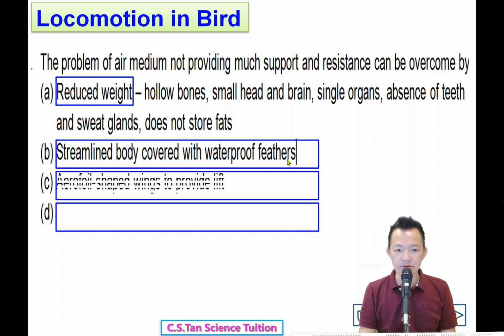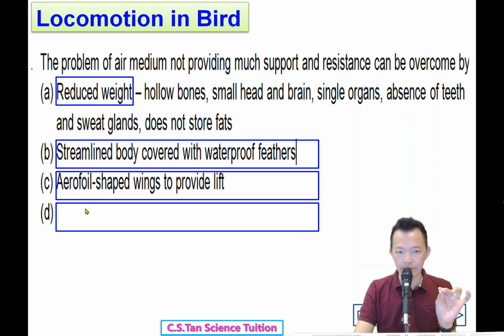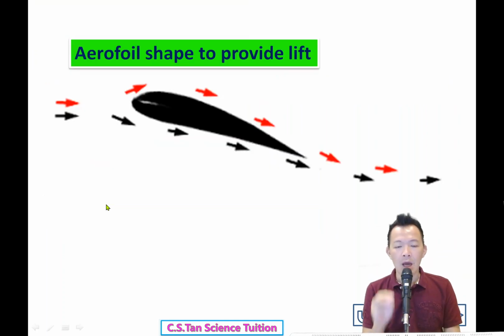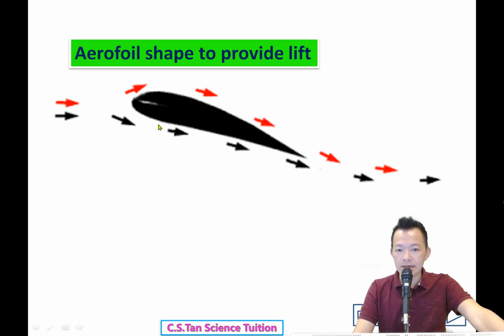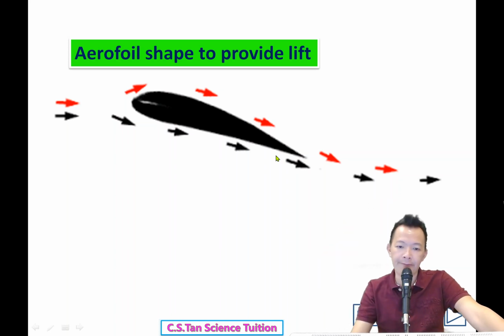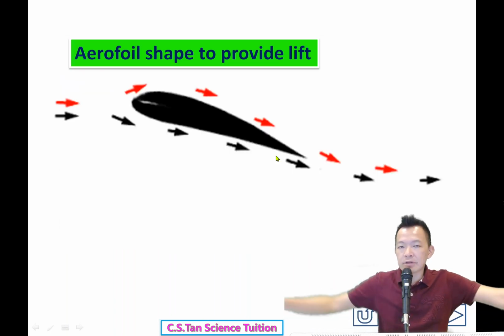So they have streamlined bodies, 流线型的身体，covered with waterproof feathers, 还有防水的羽毛。Anything special? 还有什么特别呢？Aerofoil shaped wings. The wings have a shape called aerofoil. What is meant by aerofoil? I don't know what we call it in Chinese, but I know aerofoil very well. This is the shape of the wings to produce a lift. Because of this shape, 因为这个形状的关系，birds can fly, aeroplanes can fly. You should learn this in your physics. It's actually about pressure. 这种形状的翅膀帮助它浮在空中，它产生一种 lift，浮起来越浮越高。